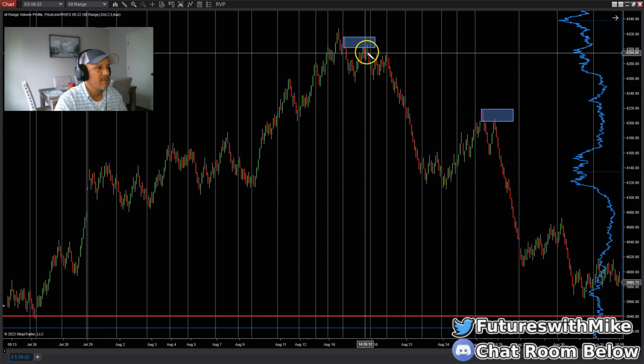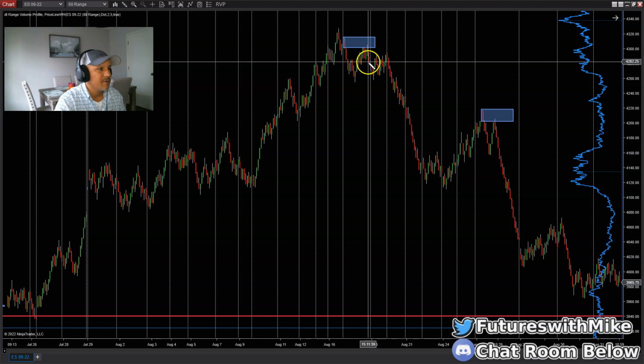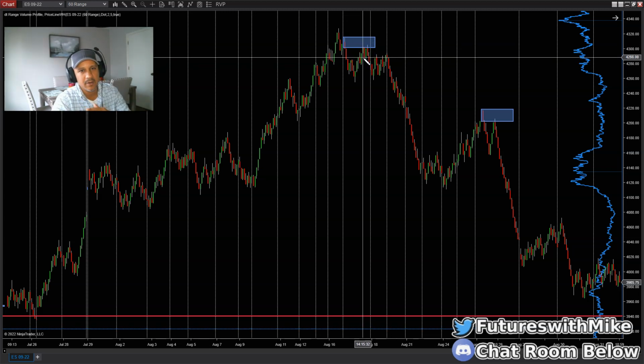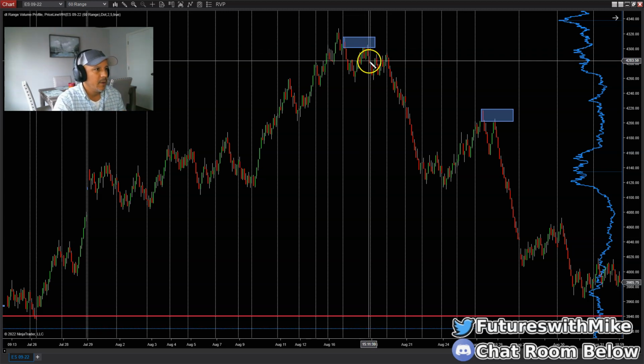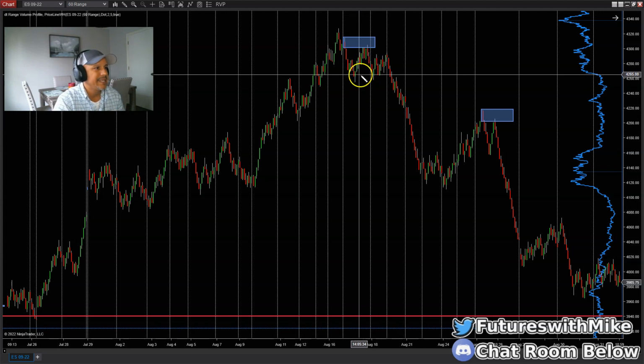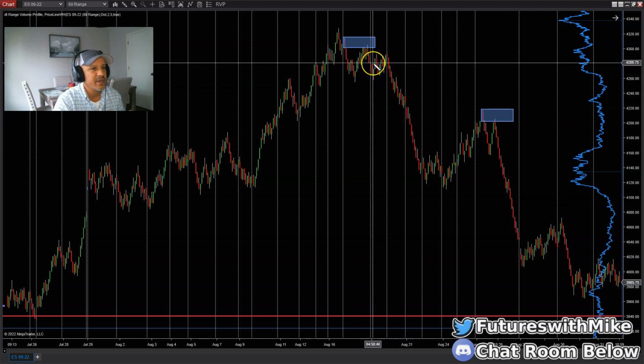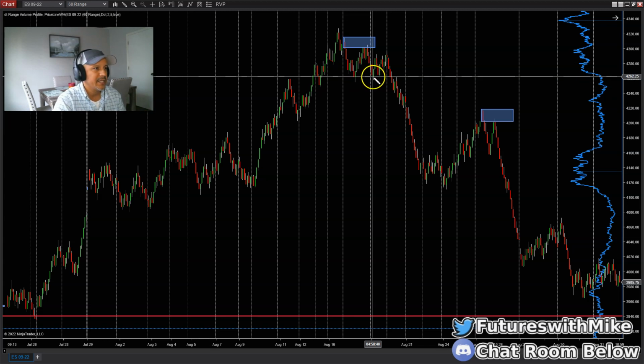A candle break means that I want to see a red candle close to the downside, breaking below the last up candle, okay? The last candle that closed to the upside, which would be this candle right here. You can go short once this candle closes red to the downside, back down to the lows, and then you see that follow suit after that. So if you got into a trade here, say for instance, if this is the 12 range chart, 42.80, take it on down to the lows down here, you can easily pick up 20 points or so,